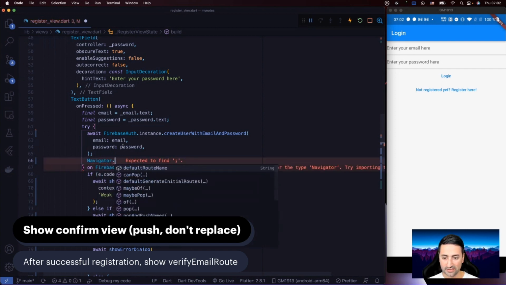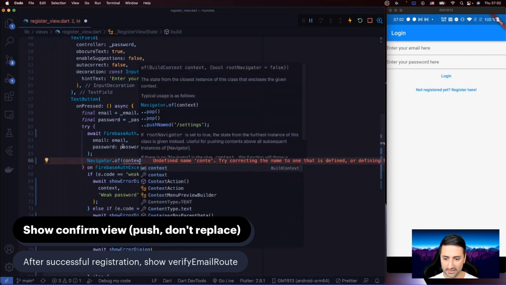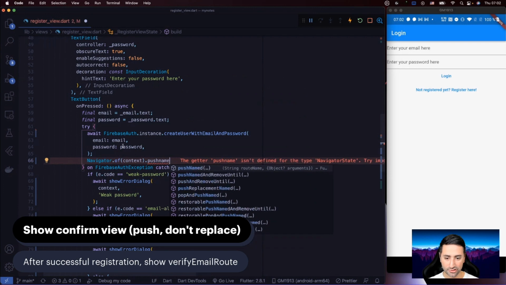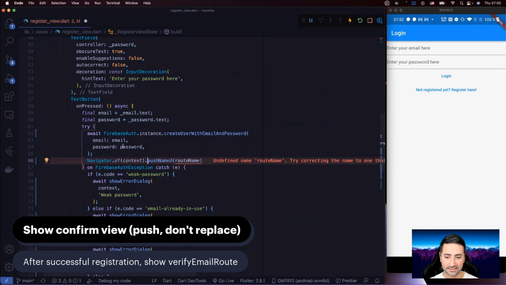And what we're going to say is navigator dot push, navigator of context, and then we're going to say push named. And you see, in this case, we're actually going to say push named instead of using the other functionality that says push named and remove until. And the reason behind this is that